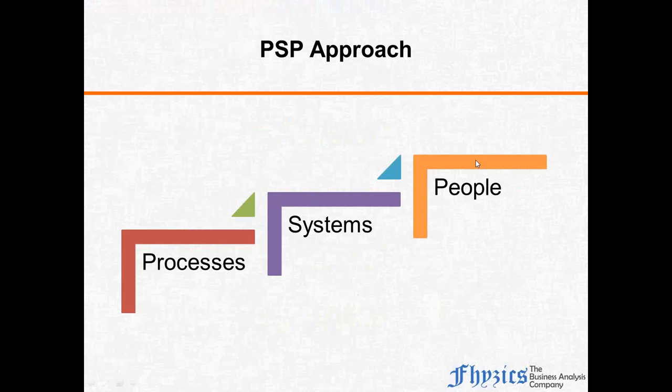Fine. The PSP approach is one other approach. This is a process-centric approach. Though this is a very long one, I will try to do it justice for this discussion. You see, the PSP approach stands for processes, systems, and people. These people are your stakeholders. This is like a ladder approach. I first identify the processes, then I identify the systems, then ultimately I identify the people who are